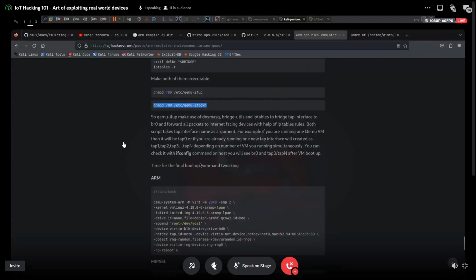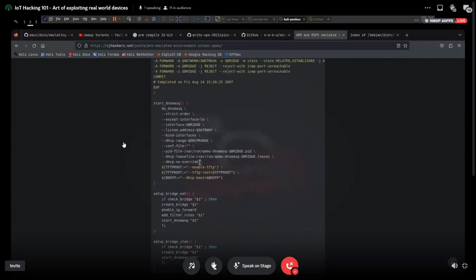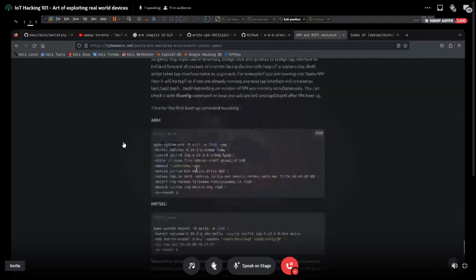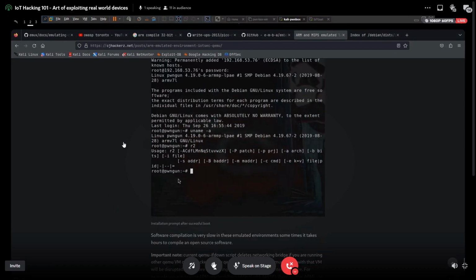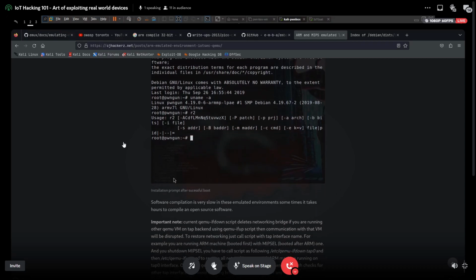And once everything is done together, once you did the installation by loading the binaries I showed you into the RAM, you finally come down to this final command, which will use all the networking setup, all the stuff you did, and load the virtual machine for you. And once you load it, you can SSH into that machine, and you will have your fully emulated ARM, MIPS, or whatever target architecture you want to start working with for the exploit development process.